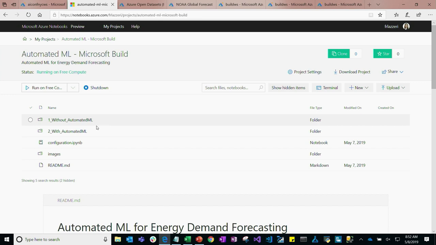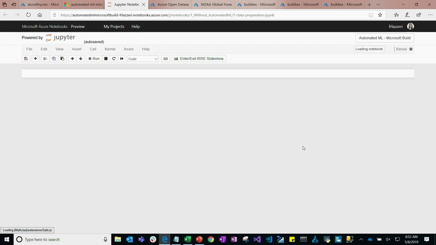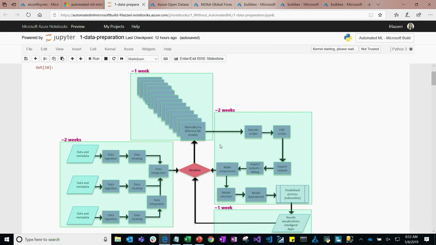So, without automated machine learning, as you can see, there is a folder for this. My life as a data scientist was very, very painful. I was spending several weeks getting the data, so doing all the data ingestions, doing all the data cleaning, and then I was preparing my data, and I was moving to the model selection phase. And the model selection is like something that you do as a data scientist. You have some knowledge, but the answer to the question, which model, which algorithm should I use, is always, it